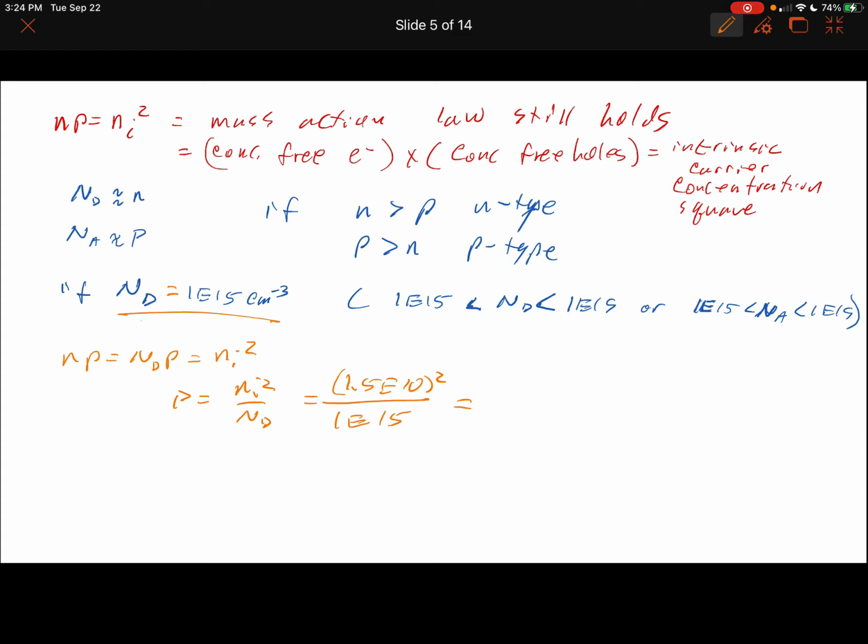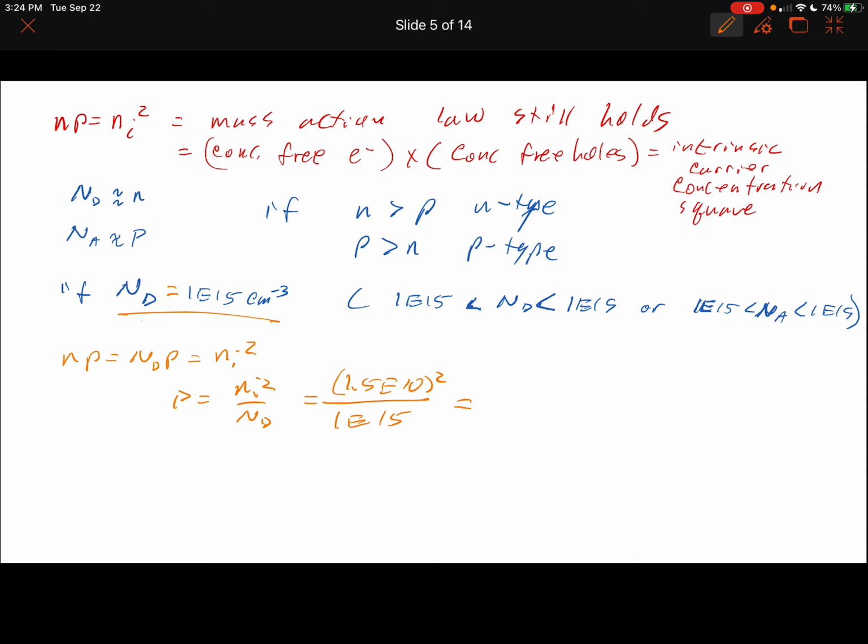The holes are the freely moving positively charged particles, and we only have 225,000 holes per cubic centimeter, while we have 1e15 electrons per cubic centimeter, a million trillion, something like that. It's some really big number, right? 1e15 electrons per cubic centimeter, and 225,000 holes per cubic centimeter, compared to, in both cases, the silicon concentration of 2 times 10^22